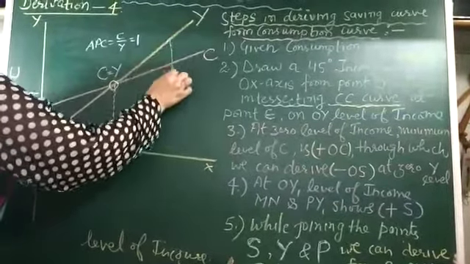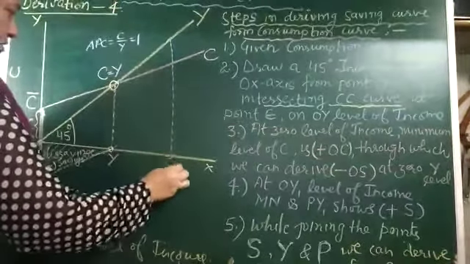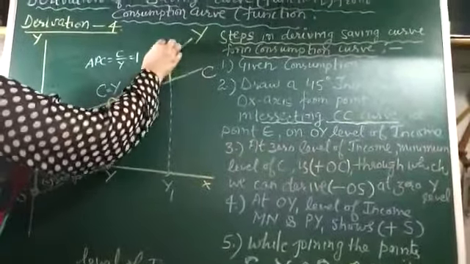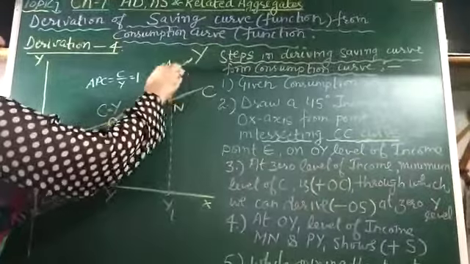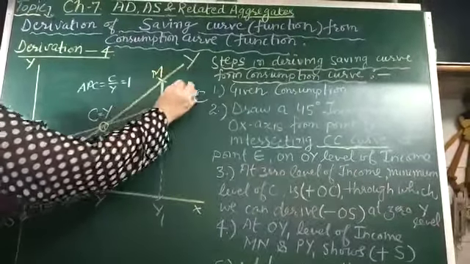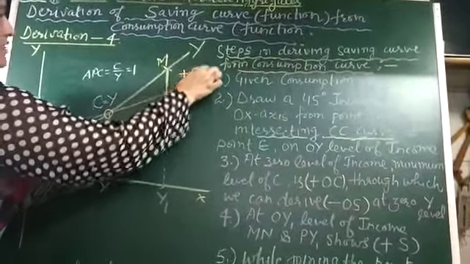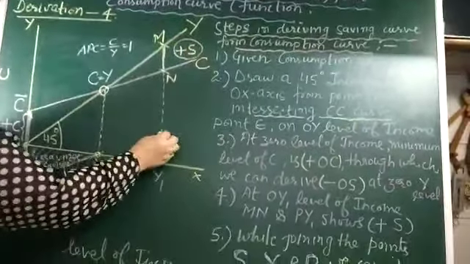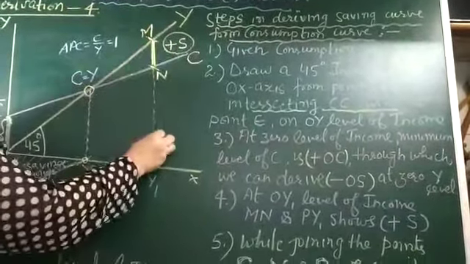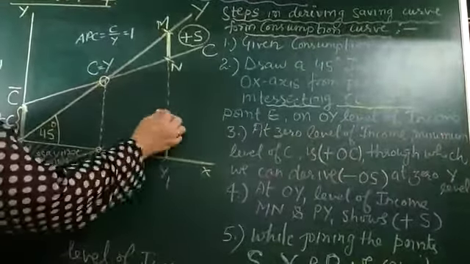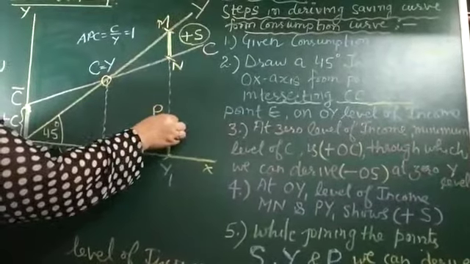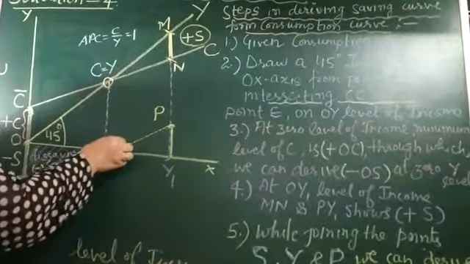And then ultimately we are taking one more level of income, that is Y1, OY1, and the area. Here income, and this curve represents consumption, and the difference between income and consumption, that will be plus savings. Exactly, we have obtained point P on OY1 level of income, and while joining all these points